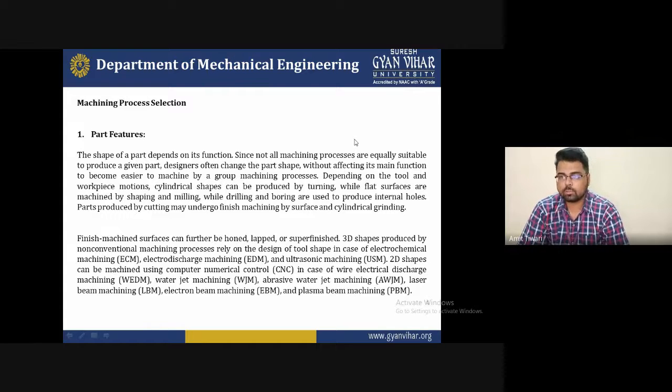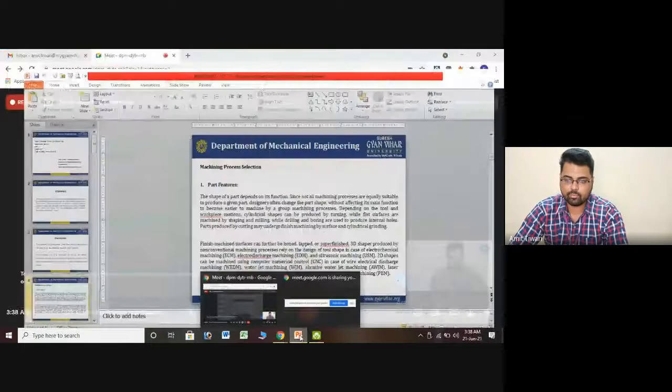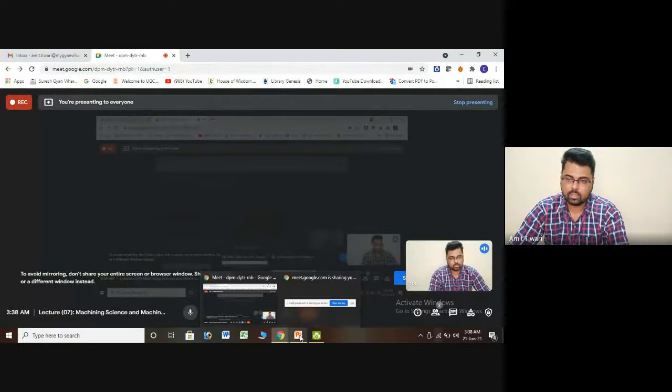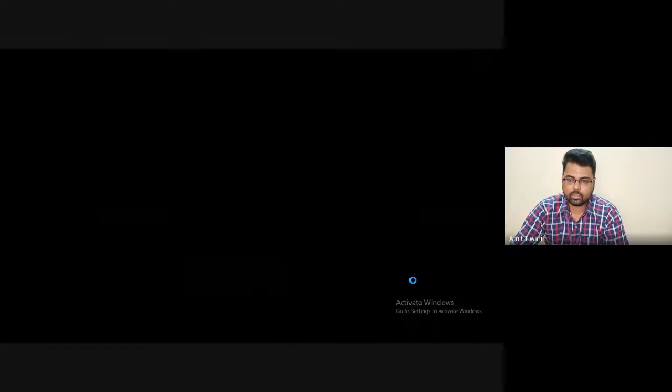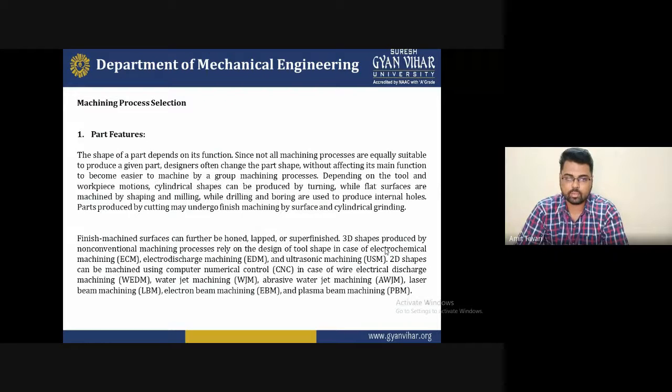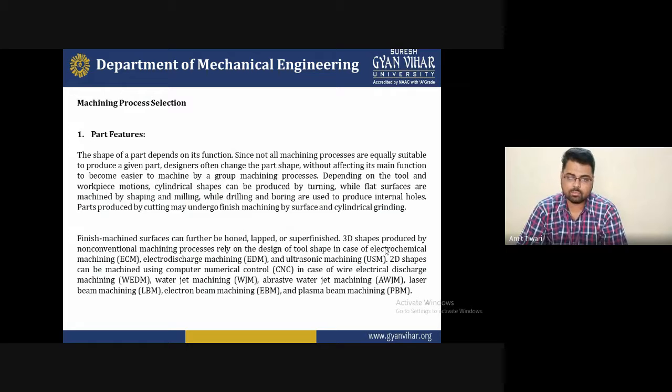So these are all special features that we use in the machining process selection, depending on the part feature. Without the part feature, you are not able to understand which machining process will be easy to use. Whenever you use the maximum number of products, it will increase the surface quality of the product, and the shape of the product will be easier. After that, finishing the surface of the product depends upon some functions, which are given for special machines.